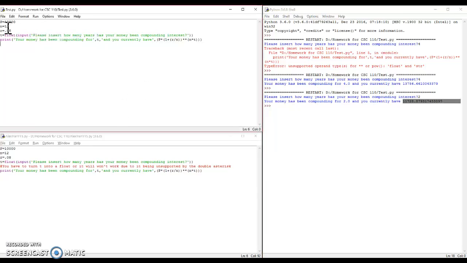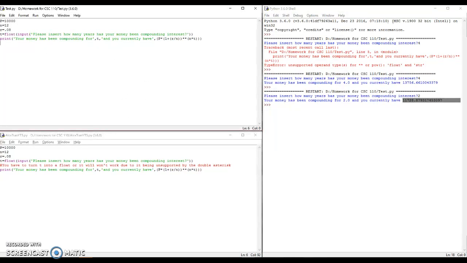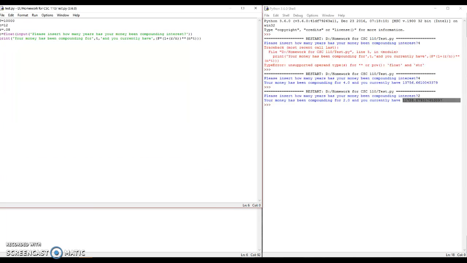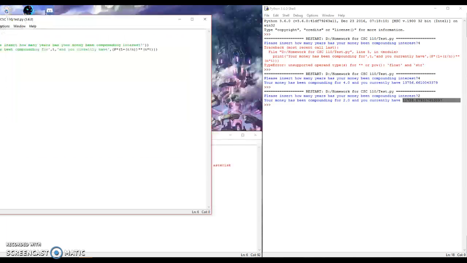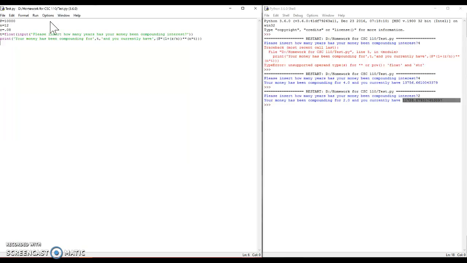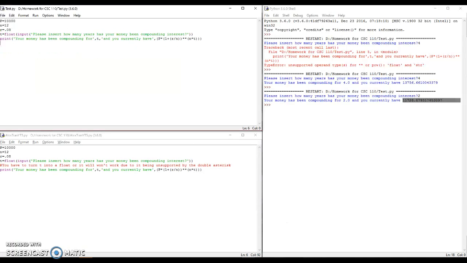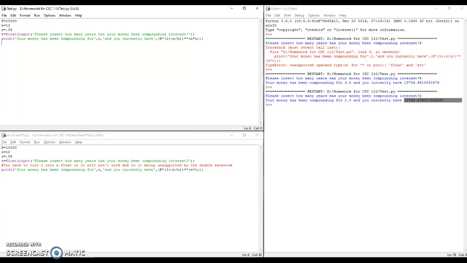What I could have probably done is set up this equation a lot simpler, where I simplify everything into one sentence. But I did it like this so I could read my code easily, and the reason I like doing this is because I can see every step. As you can see, I put down a little comment for myself that you have to turn t into a float,